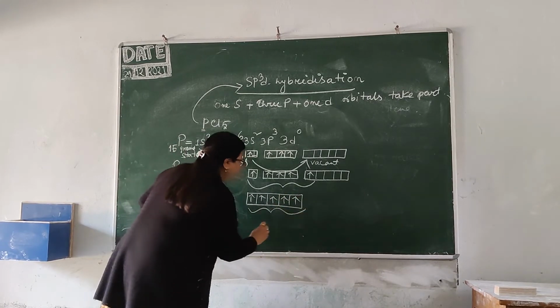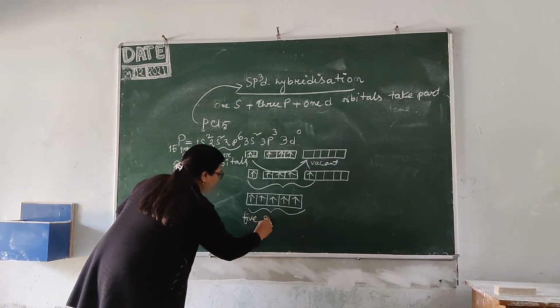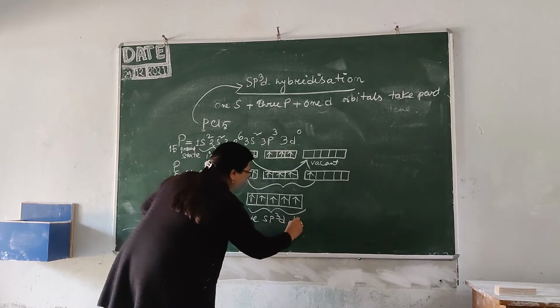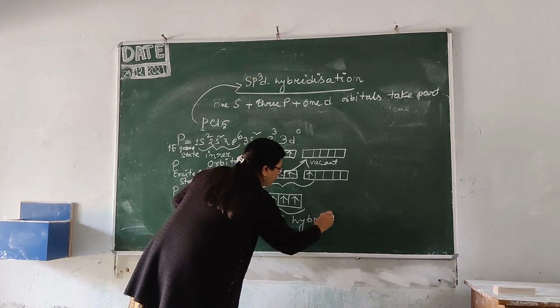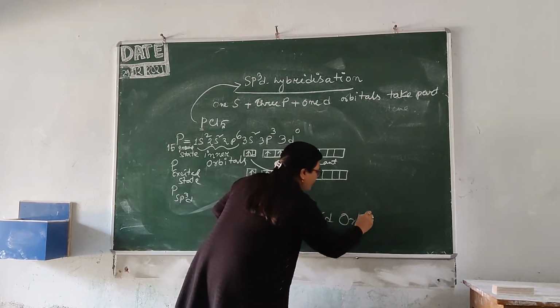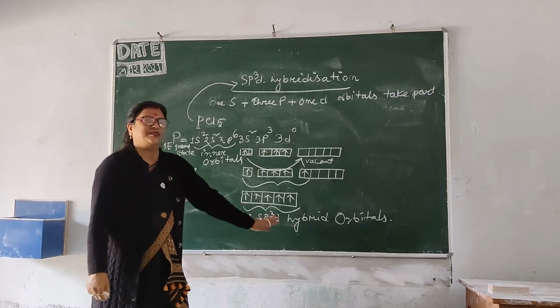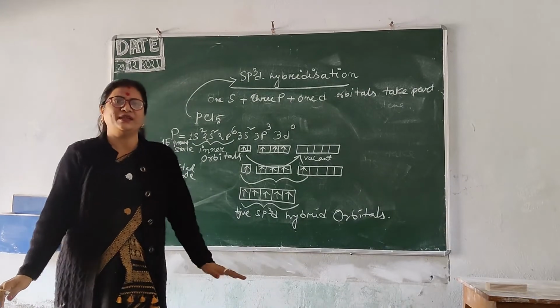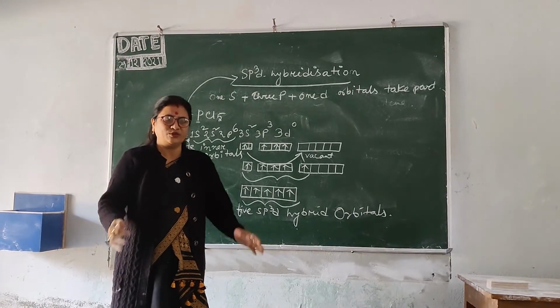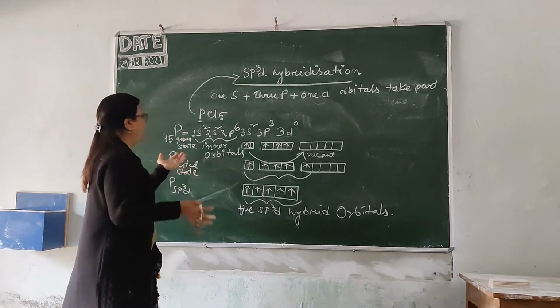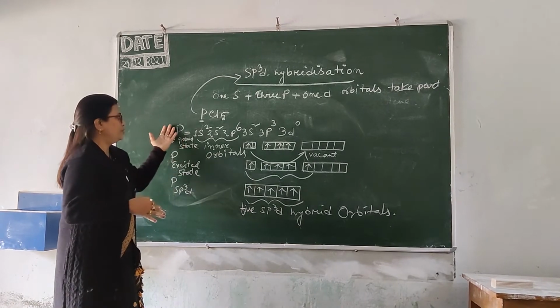These are the 5 sp3d hybrid orbitals. Now these 5 sp3d hybrid orbitals having 5 unpaired electrons will combine with the half-filled p orbitals of